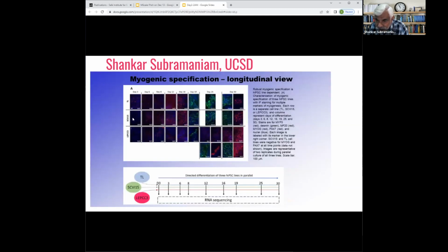You remember this is TL, I call this S, and I call this L. Based on just looking at the imaging, you can see clearly L produces the largest number of myocytes, aligned fibers, which are marked in red by using PAC7, which I told you previously exists throughout the mature myocyte. And so we can see clearly L is better than S is better than T in terms of specifying